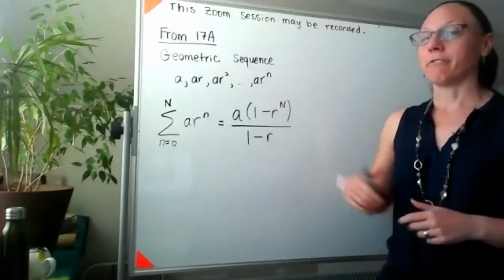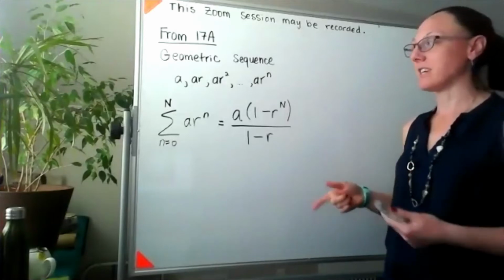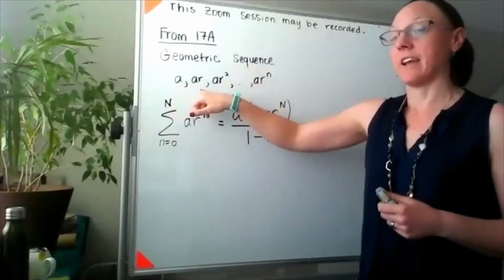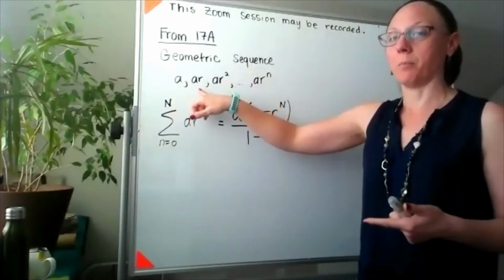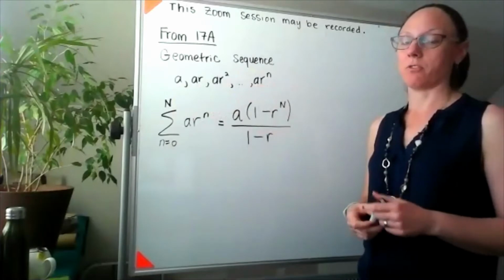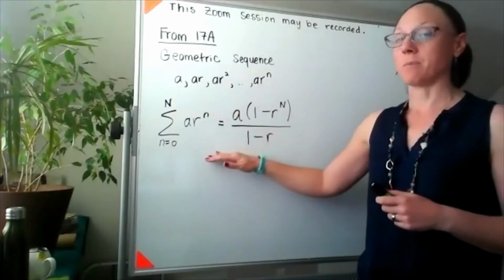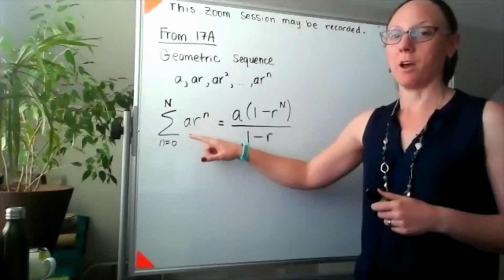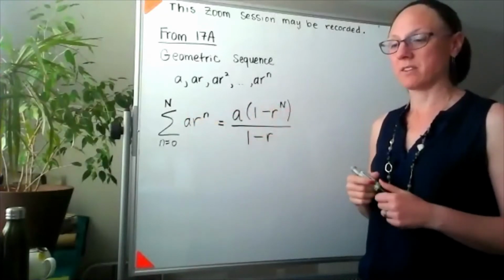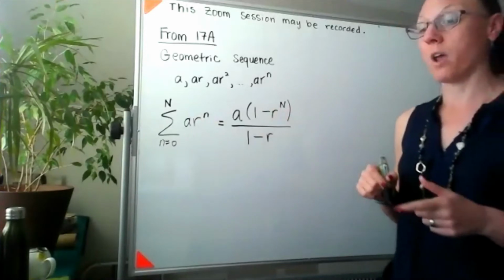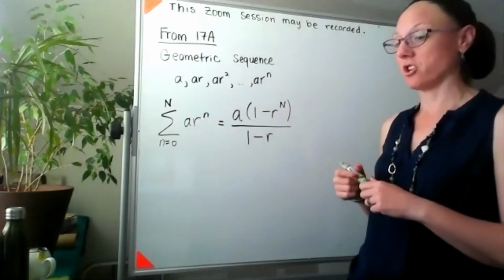Thinking about from Math 17A, anytime I have a sequence where I'm getting to the next number by multiplying by a constant value each time, that's what defines a geometric sequence. And our textbook actually gives a formula for the nth partial sum of a geometric sequence, which means when I'm looking at problem 1D from discussion sheet 2,